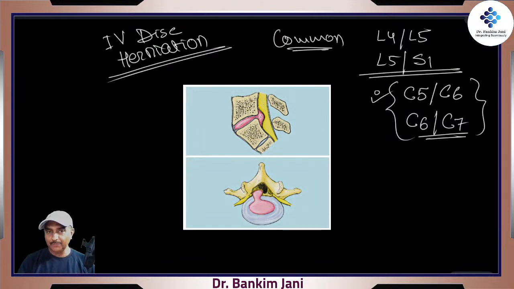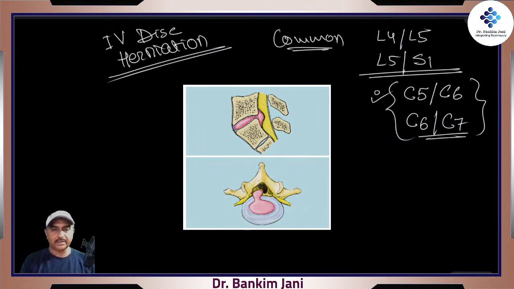Lumbar, L4, L5, L5-S1, the commonest reason is bad posture, right? When a person slumps, sitting bent over in a chair, they sit like this, right? This is the commonest area. That is where the whole pressure would be mounted. When this happens,